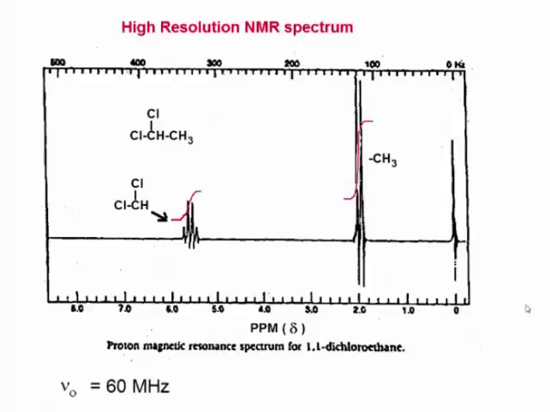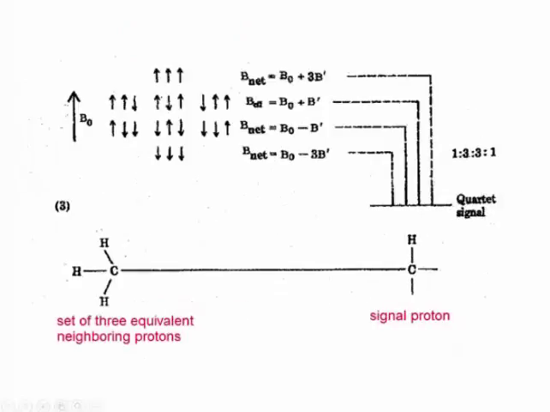All right, I want to return to the topic of spin-spin splitting. I want to address two questions. First of all, how close do protons in a molecule have to be to be considered neighboring protons? And secondly, what's the general magnitude of the splitting that we see for proton-proton couplings? By that I mean, when we have a multiplet, what is the magnitude of the spacing between adjacent peaks in a multiplet? To answer those questions, let's go to